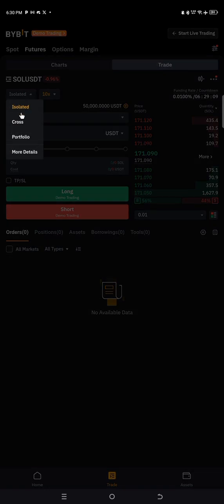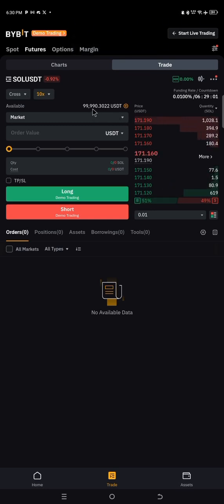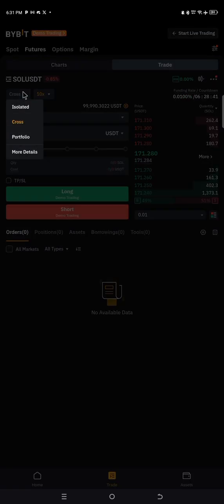Then cross is saying that I have the same 50,000 USDT. I'm just giving an example. And I'm entering the market with 20,000 USDT. If the market goes against me and liquidates me, everything I have in the available balance will be affected and liquidated. People ask, if isolated only takes the amount of USDT you enter the market with and leaves the rest as available balance for you,